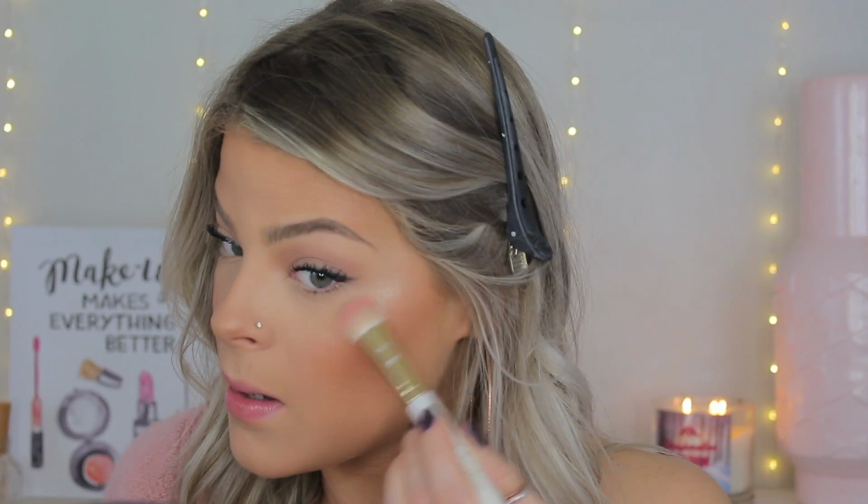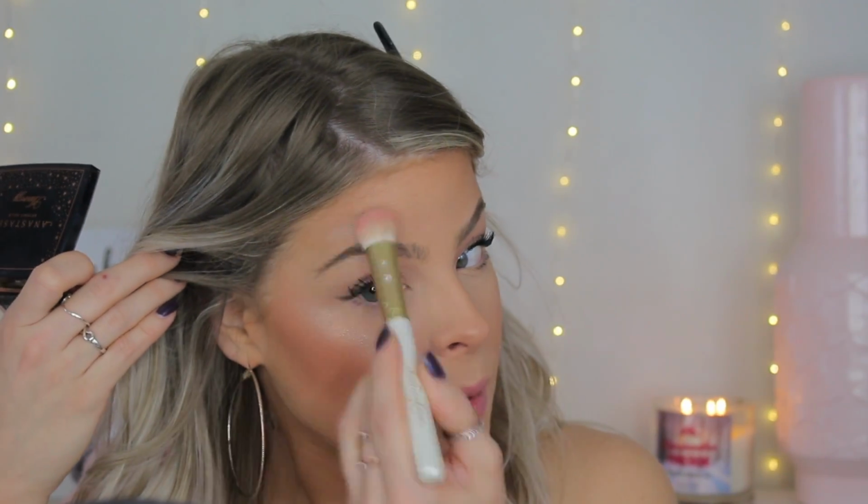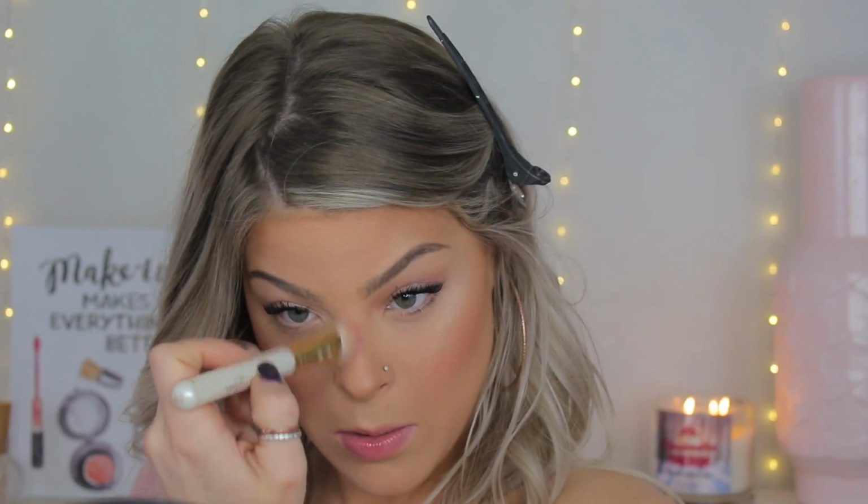I'm going to go in with my favorite highlight. This is the, I forgot my highlighting brush, BRB. Okay, so my highlighting brush is actually in the other room and I am too lazy to get up. So I'm just going to use this brush as my highlighting brush. I'm going to go into this highlight and we're just going to apply. Can you guys see? This highlight is stunning. It's just stunning. It's the prettiest highlight I've ever used. I'm convinced. I like to always apply that above my brow bone as well. Down the nose, tip of the nose,